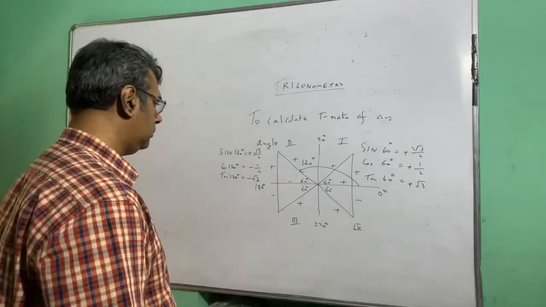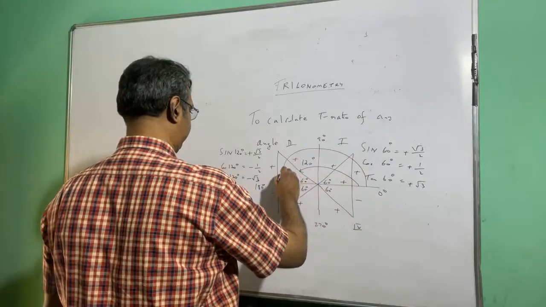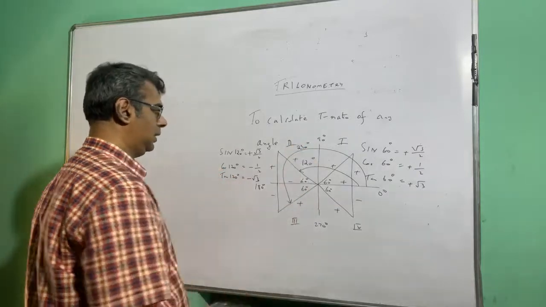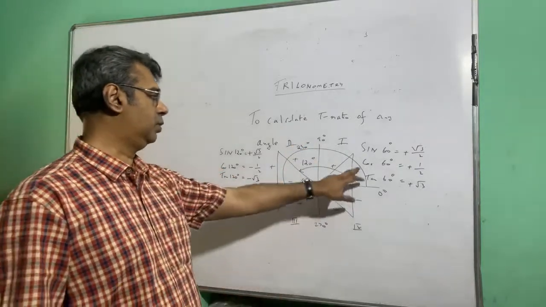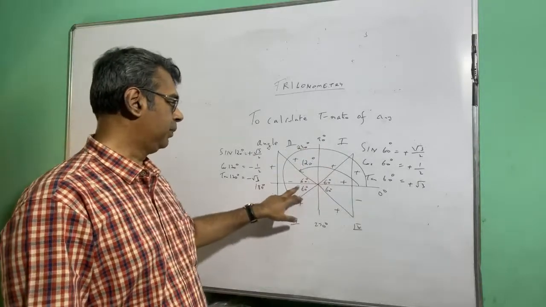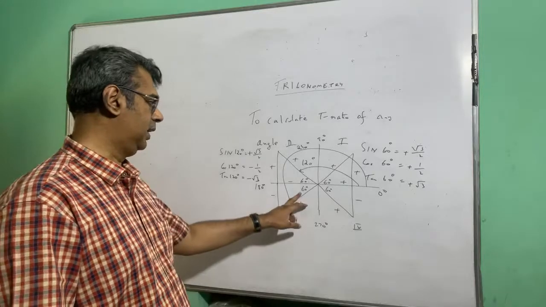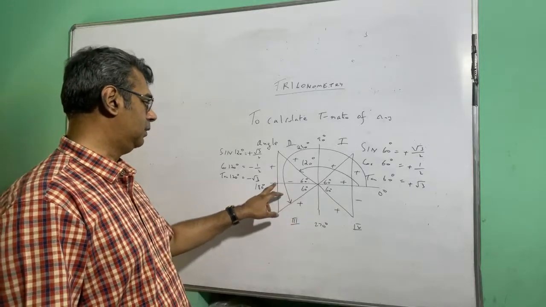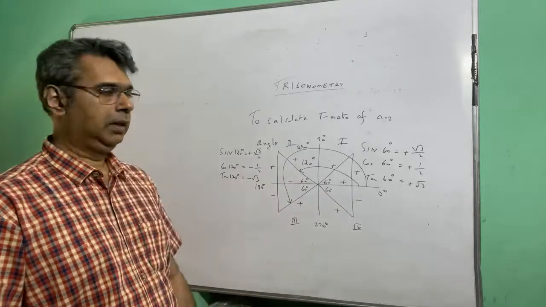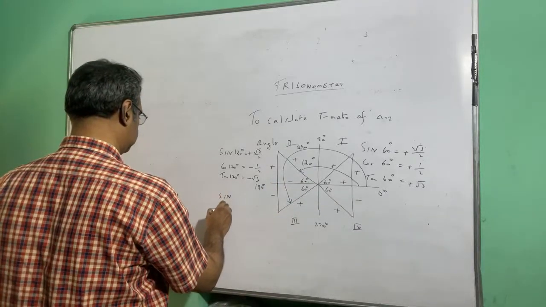Now, suppose I trace 240 degree. So this is 240 degrees. Now I am tracing 240 degree. When I am tracing 240 degree, the acute angle which I am getting in the third quadrant is 60 again. But the base is negative, perpendicular is negative, hypotenuse is positive. But these two are negative. So as a result, when I am doing the calculation,